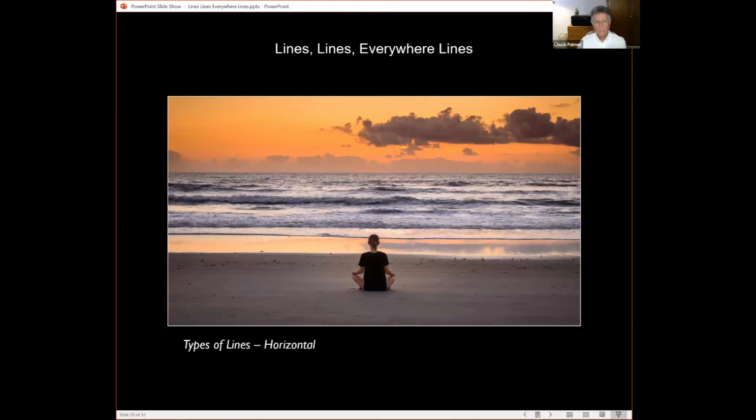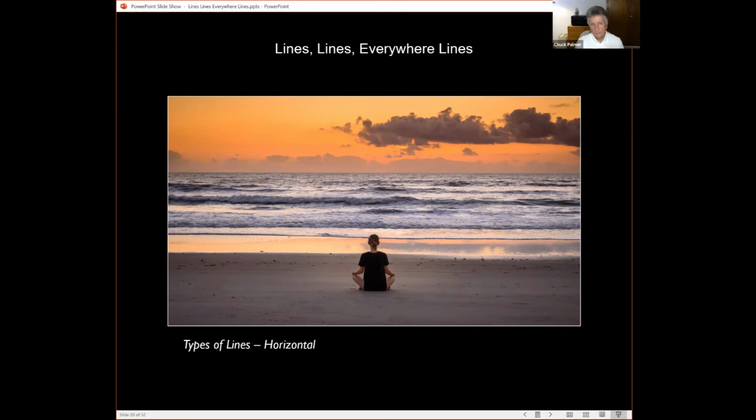So now that we have a better understanding of how we might derive lines, let's explore 5 types of lines that have an impact on our composition. And the first up is horizontal lines. Some authors suggest that horizontal lines is the baseline in composition. And there is